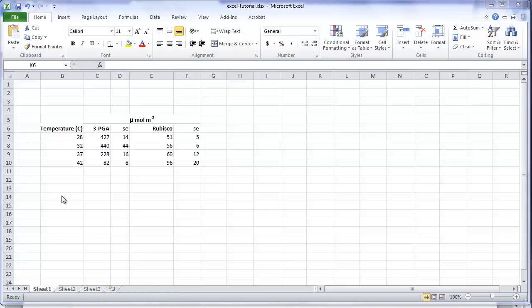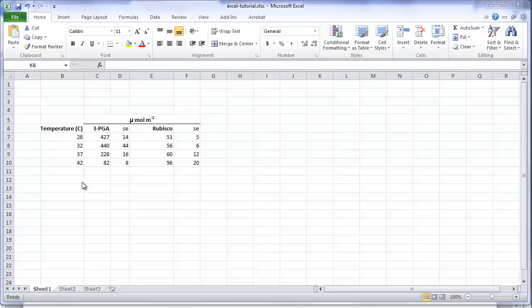It is best to arrange the data in a row and column format within the spreadsheet. Set the rows up to be different independent values. The first column, arrange it so that that is the independent variable. The second column is the mean of the dependent variable, and the third column being the standard error, and so forth. This set of data is from an experiment that measured the effect of heat stress on the photosynthetic rate